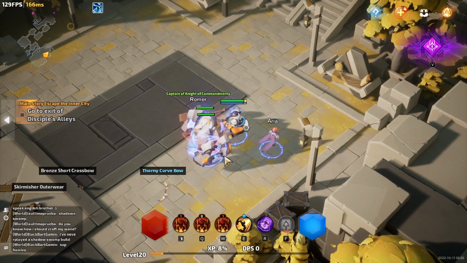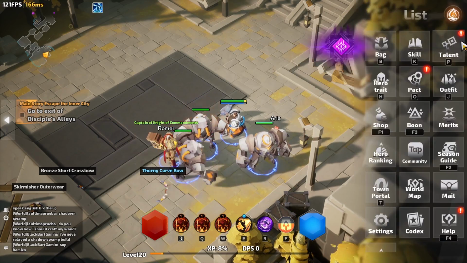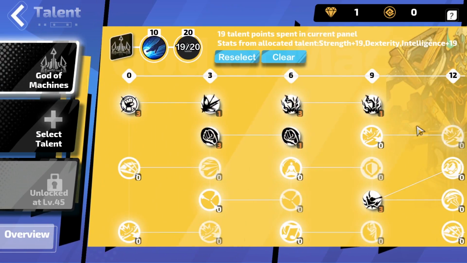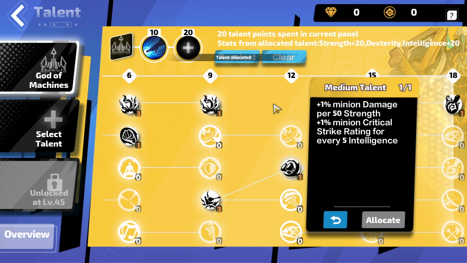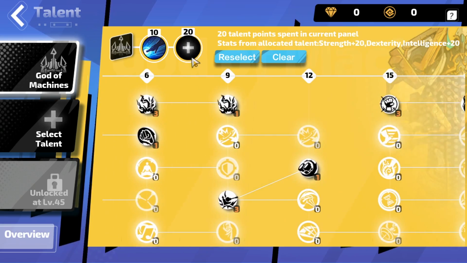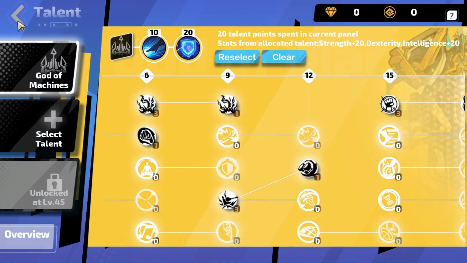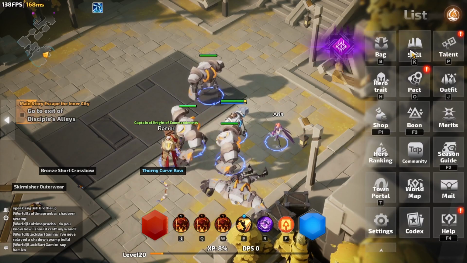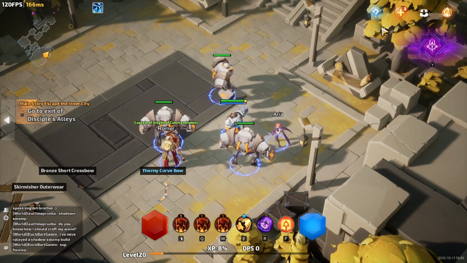Because now, up until this point, I could summon 3 big guys, and now, when you go to talents and you select your 20th point, which by the way should be this, basically this is how your tree should look like at this point, you're gonna get +3 to minion skill gems. And thanks to this, you're actually gonna be able to summon 1 more minion if you are also using